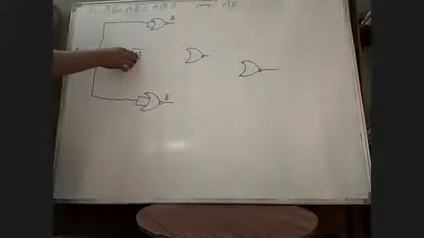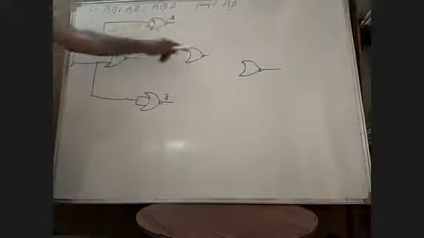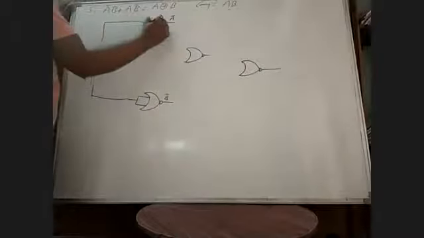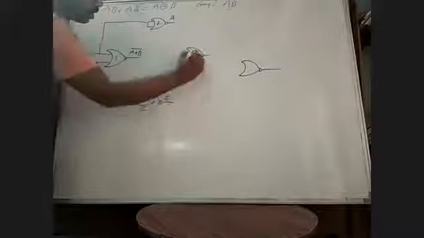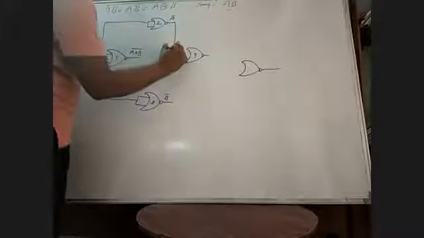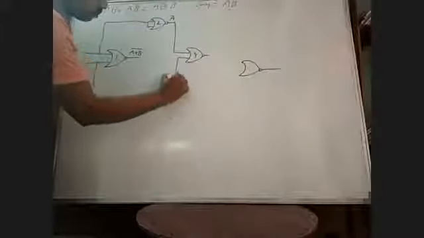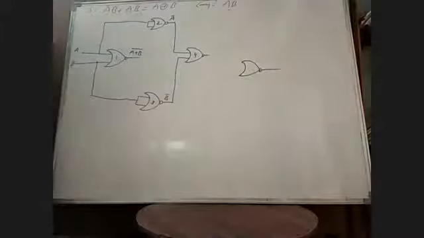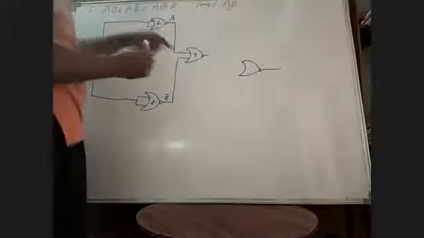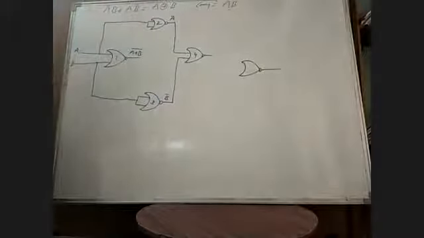First A plus B whole bar generate చేసాం, తర్వాత A bar generate చేసాం, తర్వాత B bar generate చేసాం. Now these two are connected to the, this is the first level and NOR gate, second and third and fourth. Now we are going to connect this output to this and this output to this. See, what is the output of 4 now? fourth output ఏమొస్తుంది చూడండి. Here the output of fourth na.